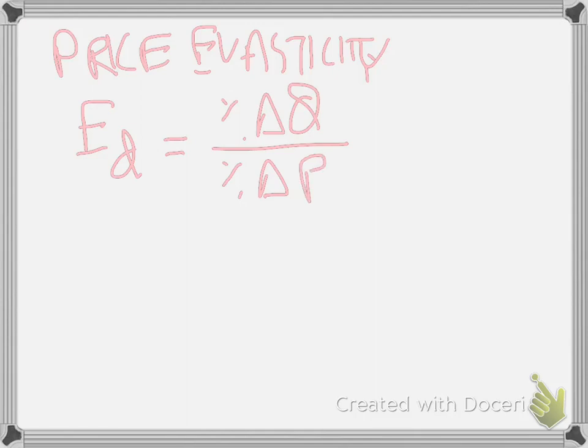From a generic perspective, we can calculate elasticity of demand if we can figure out how much price has changed and how much quantity demanded has changed as a result. You also probably have learned that there are two ways to calculate this price elasticity. One is what we call the arc price elasticity,